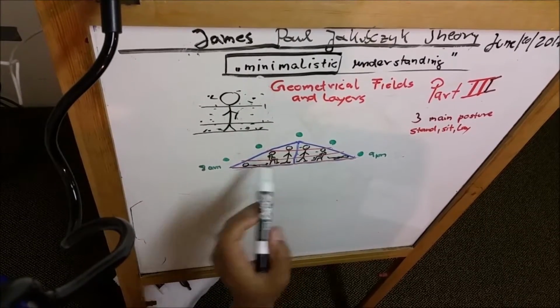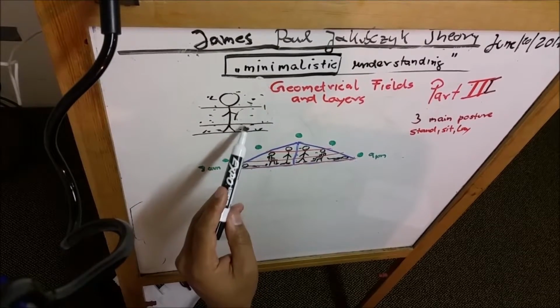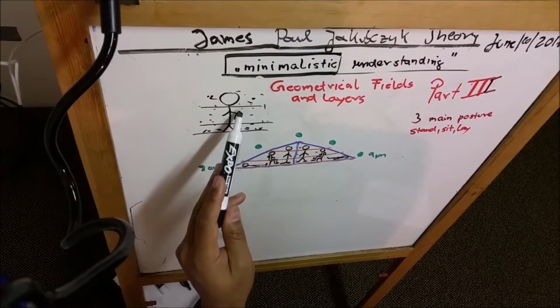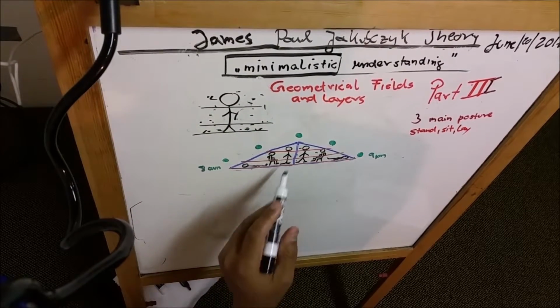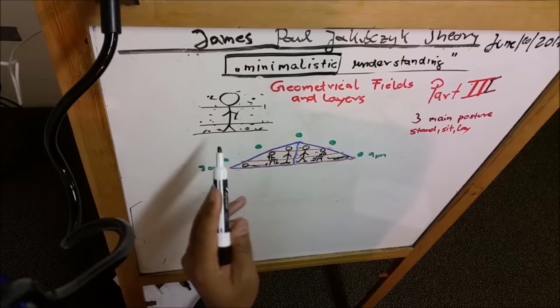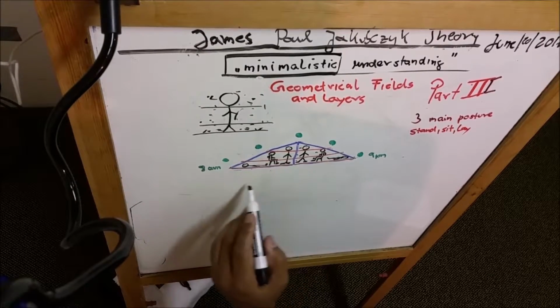I said the main layers are 3, which is the ground level, the geometrical ground level, the upper body level, and the head level. But I said that there are at least another 2. So if we take those layers,